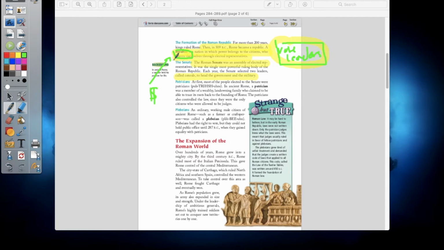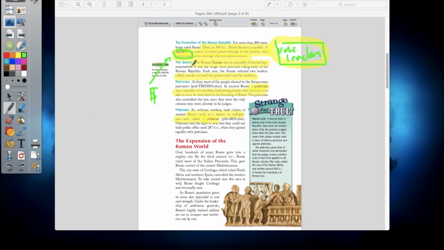And the reason why that is the case is because Romans at that time period were divided amongst 2 different social classes. You had patricians and you had plebeians. These were the 2 different types. Patricians were members of the wealthy land-owning families. That's who they were. While plebeians were your common people who didn't own property. They were your farmers, your craftspeople, just ordinary people. Now, here's where the problem comes into effect.